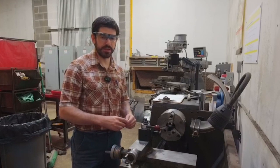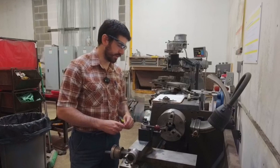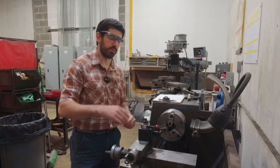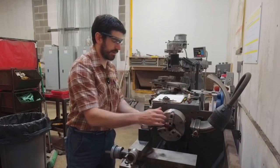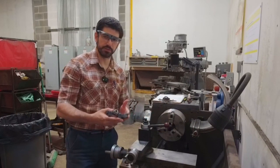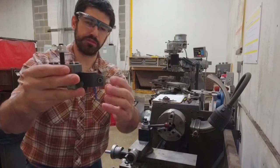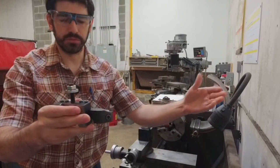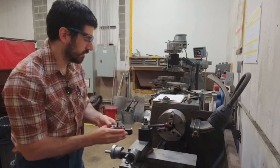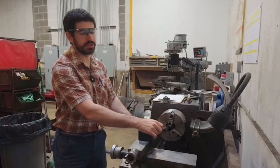But first, it's going to be helpful to go back to the start of things and talk about why vertical tool height is important on the lathe. Before we can do that, we need to talk about the geometry of lathe cutting tools. Typically on a lathe cutting tool, we're going to have some type of angle at the front part of the tool, which is basically a clearance angle that ensures that when the tool is engaging with the material,